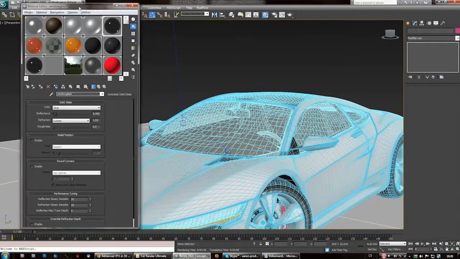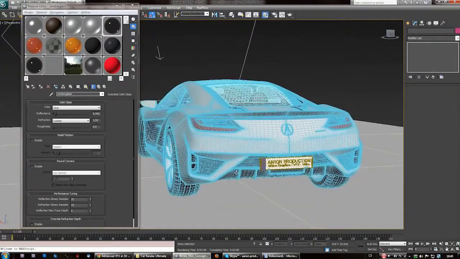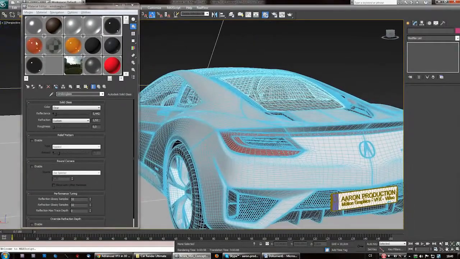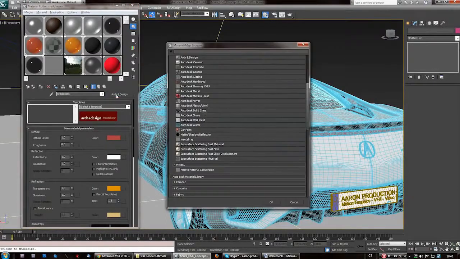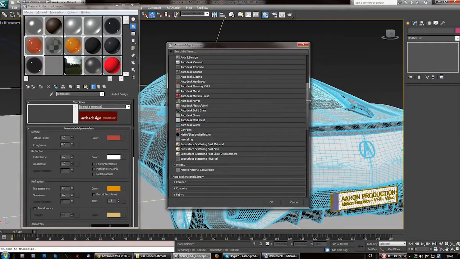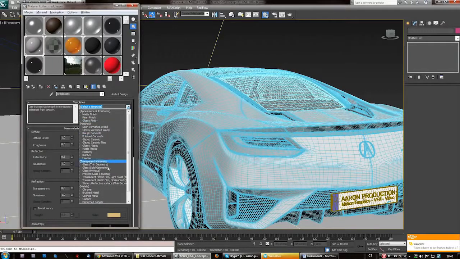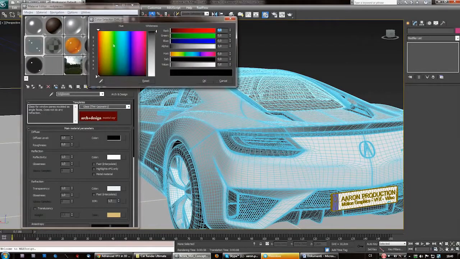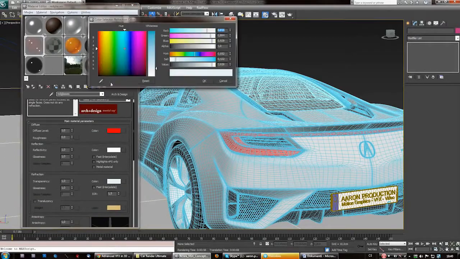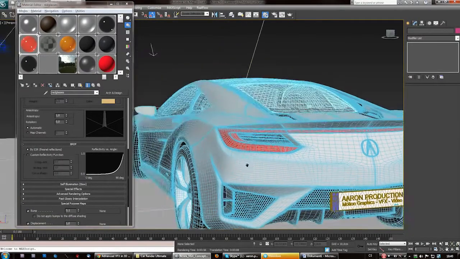Okay, so next material we want to do is those headlights and taillights materials. Now for the taillights I used Arch and Design, and again just click the materials and go Arch and Design, select template, use glass thin geometry, go to color, set it to red, and set the refraction color to red as well, a little lighter,